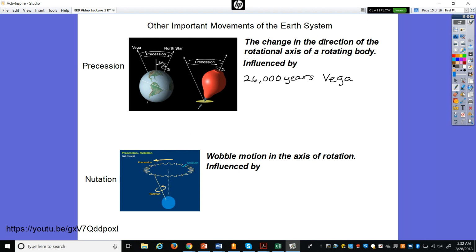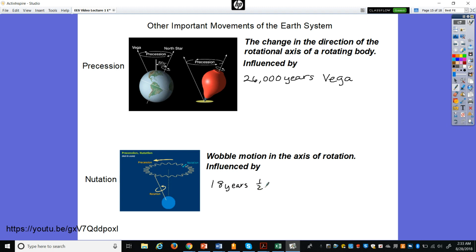Nutation is, as this is occurring, it's actually kind of wobbling. The axis is wobbling. So this axis of rotation wobbles as it moves, and that's called nutation. And that changes every 18 years.